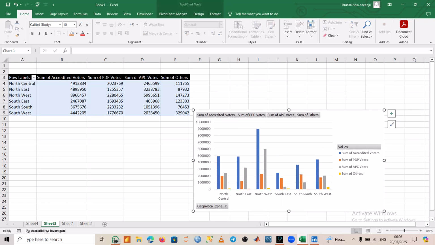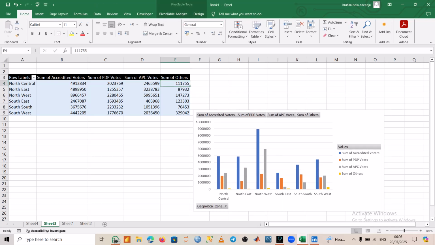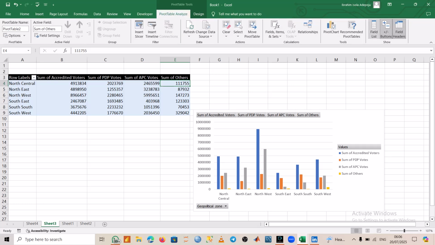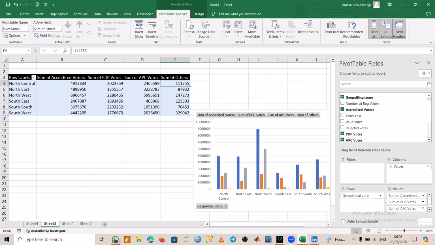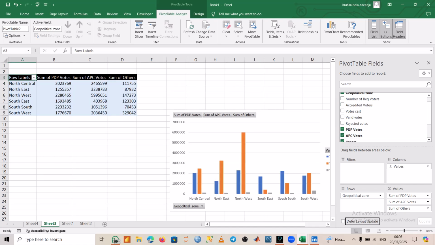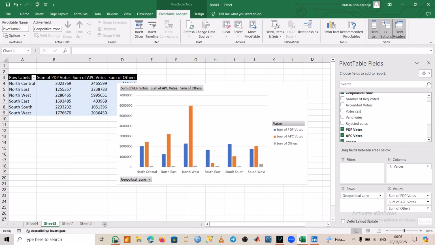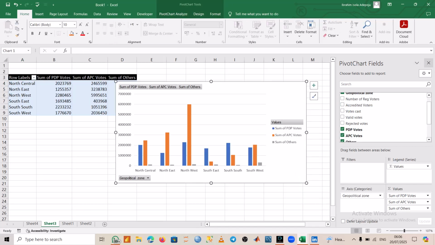I want to remove this, the sum of accredited voters. So when I've removed the sum of accredited voters, you can see that